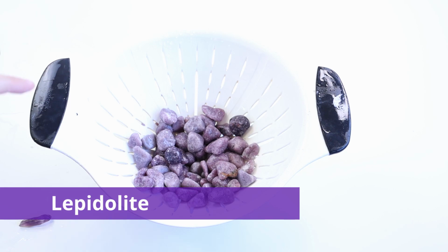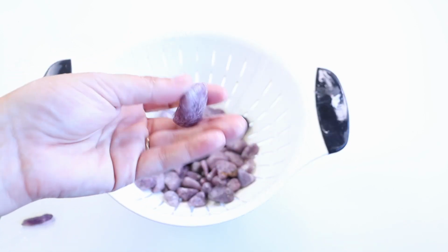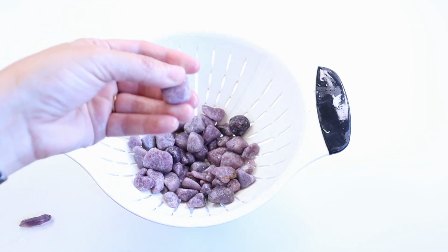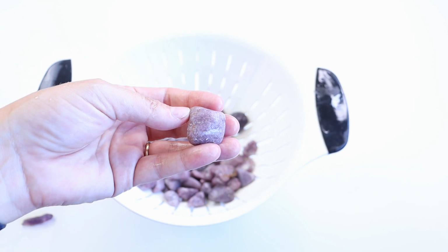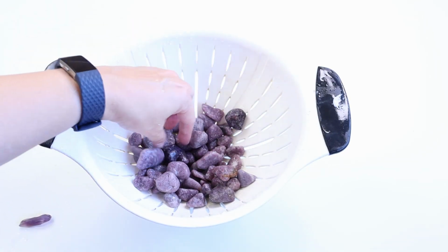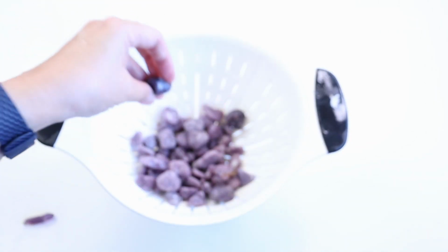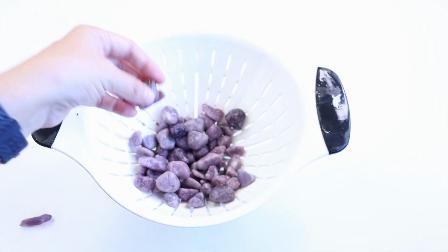This is the second batch of Lepidolite rough that I put into coarse, and it's been in coarse for 1 week. So Lepidolite being Mohs hardness 3.5 is really mind-boggling to me. But it's time to go through all of these pieces and see if any are ready for medium, and just keep on splitting this batch as I go. Because some of it with a lot of quartz is probably not going to shape as easily, although that one's not bad. But I have some pieces that have been a week in coarse and still really didn't take much